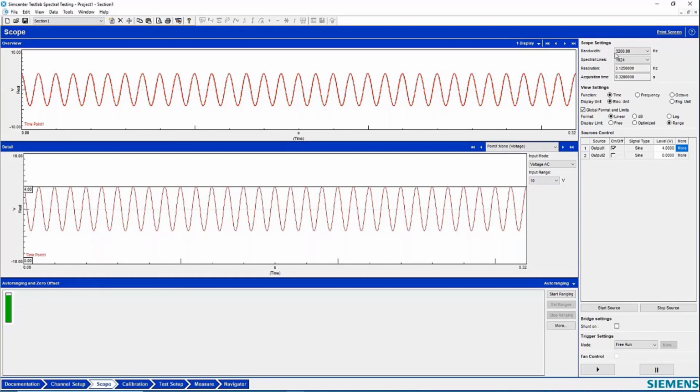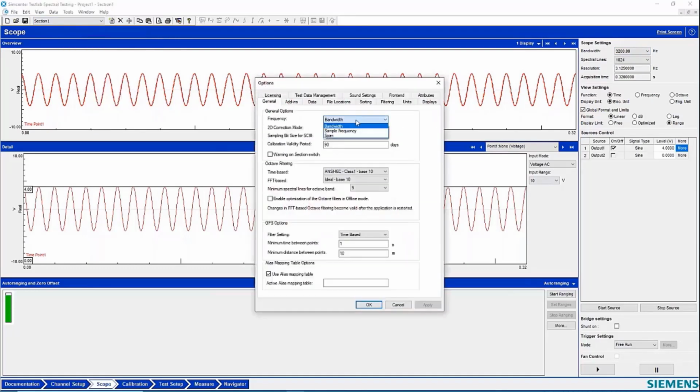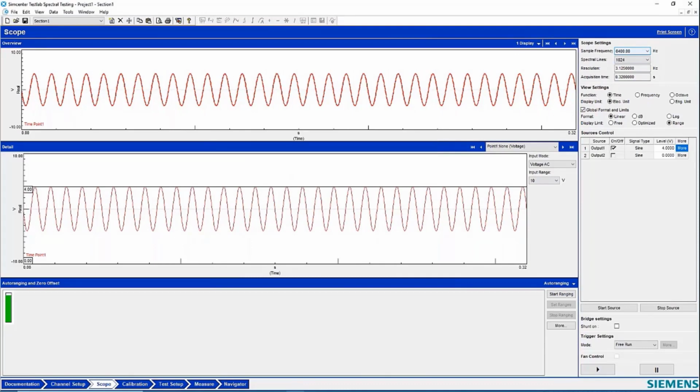And you can see there's a bandwidth here of 3,200. We haven't even talked about bandwidth yet. So for people that use our stuff, I go to Tools Options here. Instead of bandwidth, I can display this in terms of sample frequency, which is usually twice the bandwidth, the bandwidth being the highest frequency we can measure. So if I do that, the sample frequency is 6,400. That means